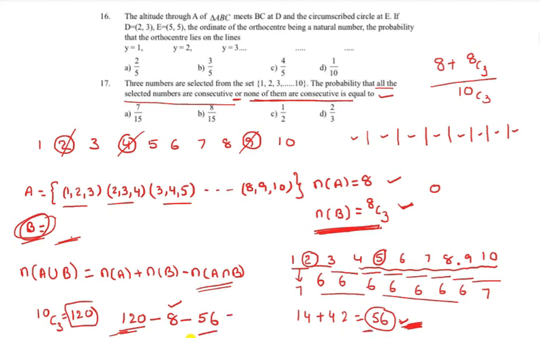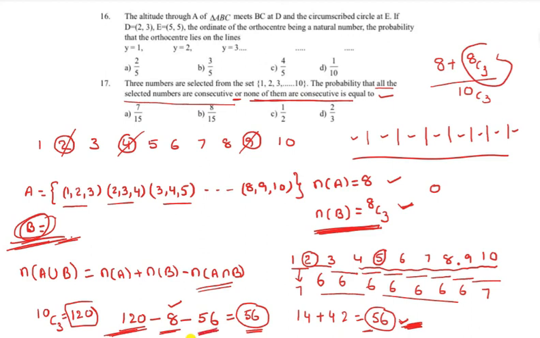That's what we got now. So you will get that as 56, right? So 56 possibilities. I hope this 8C3 value is also 56 only. That's why none of them consecutive we can calculate in 2 ways. One is by the gap method, the other one is from the total number of possibilities, subtracting all 3 consecutive and 2 consecutive, you will get none of them consecutive.